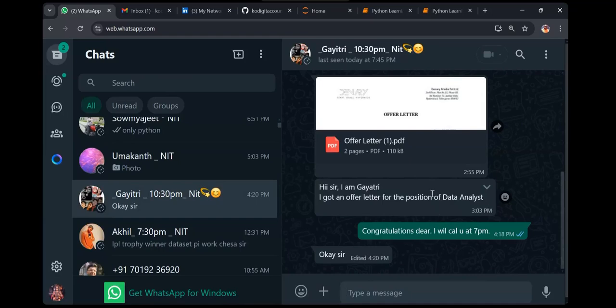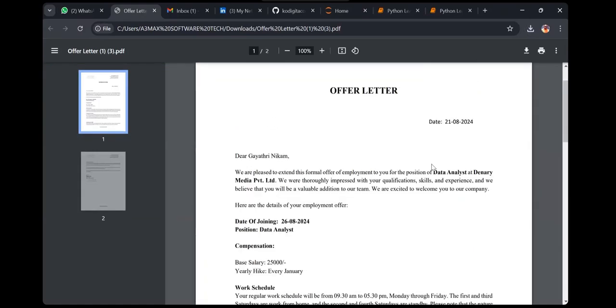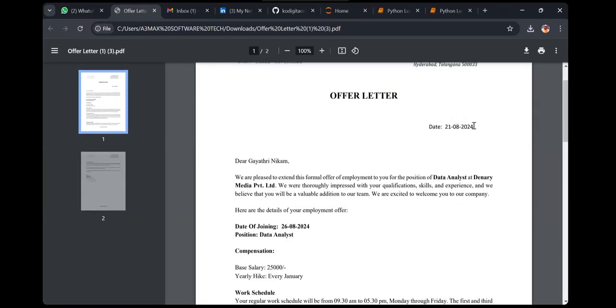She's a fresher from Maharashtra. Trust me, she comes to the lab in the morning at 10:30 a.m. and attends the class till 7:30 p.m. She sits, she doesn't talk, she comes and practices. And this is the result. Offer letter, 21 today. Immediately she will share it with me.